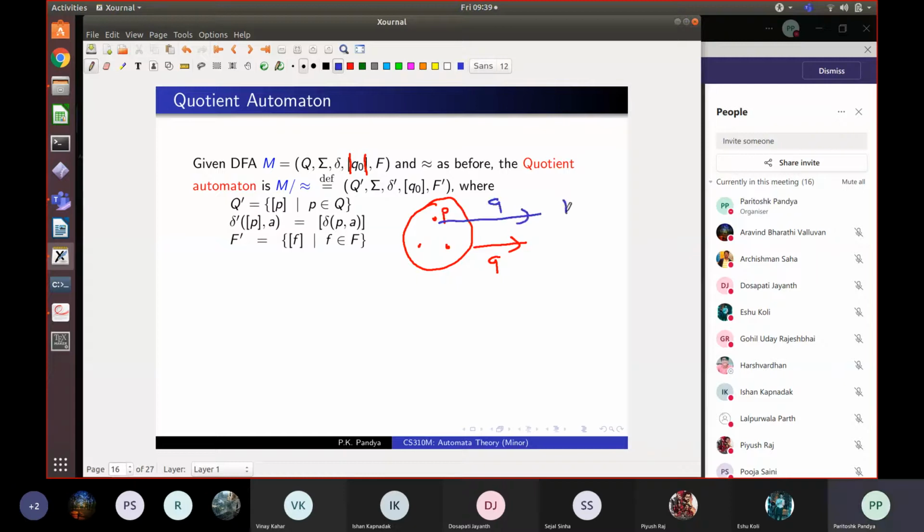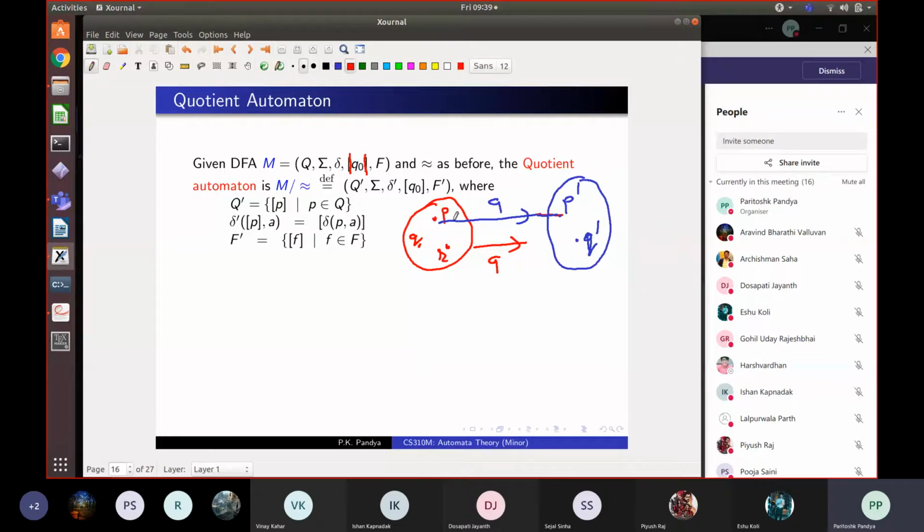Let's say you will go to some state called P prime. This state is Q, and this may be R. You go to P prime from P. Then what you do is you take the equivalence class of P prime. So this will be some basket, and maybe it will consist of two states, P prime and Q prime, right? And you make this whole red basket go to this blue basket. That is what you do.